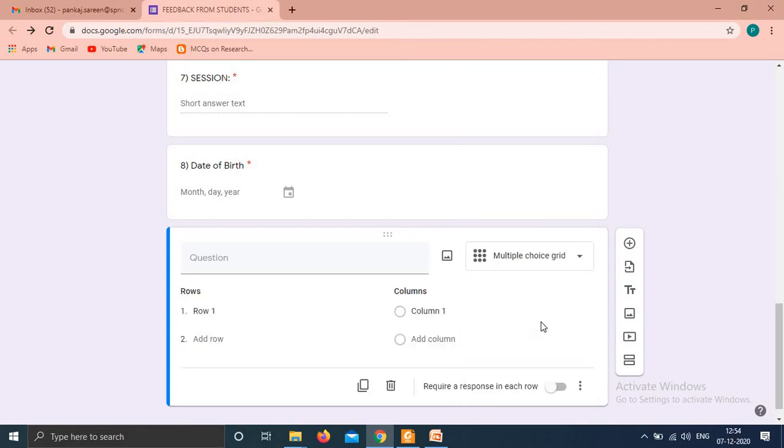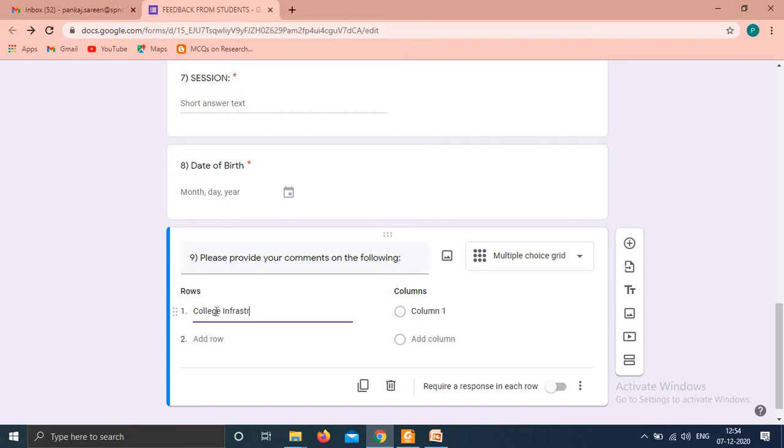So let me select it, and the question is please provide your, now I want the user to give the feedback on the column. No, row, college infrastructure.